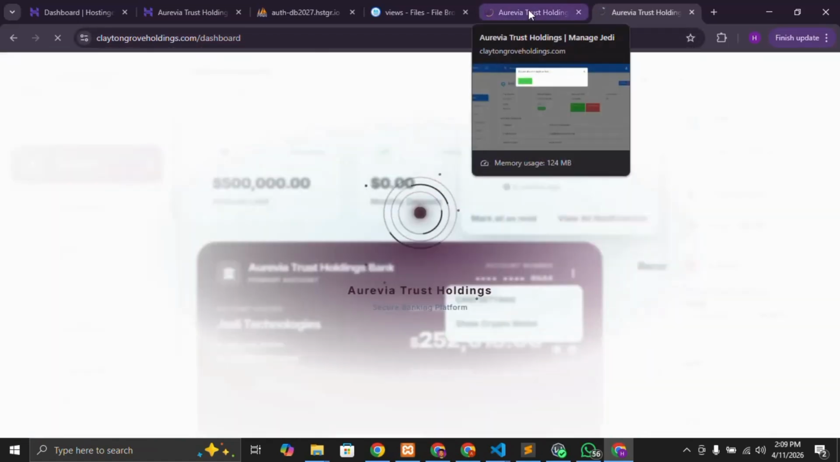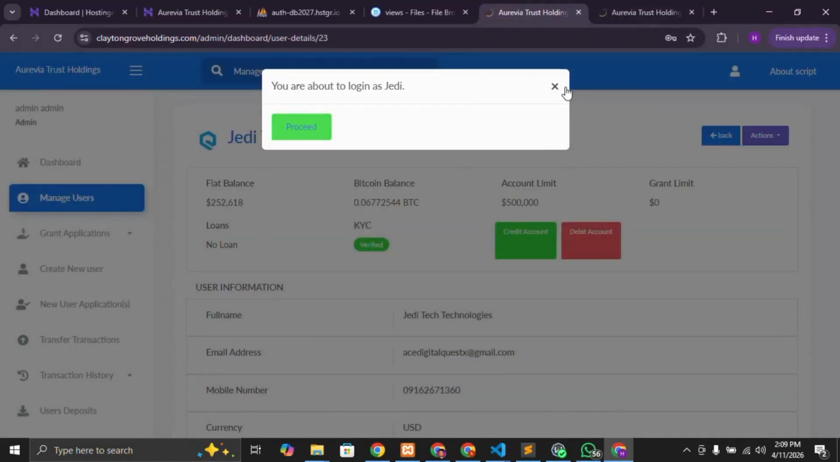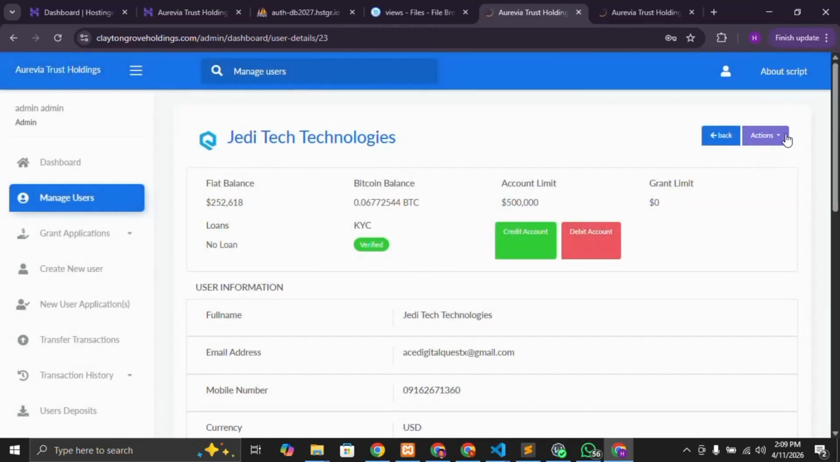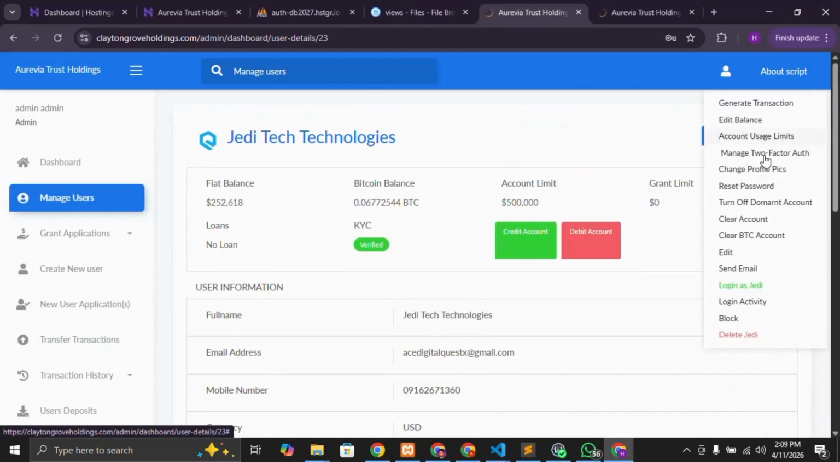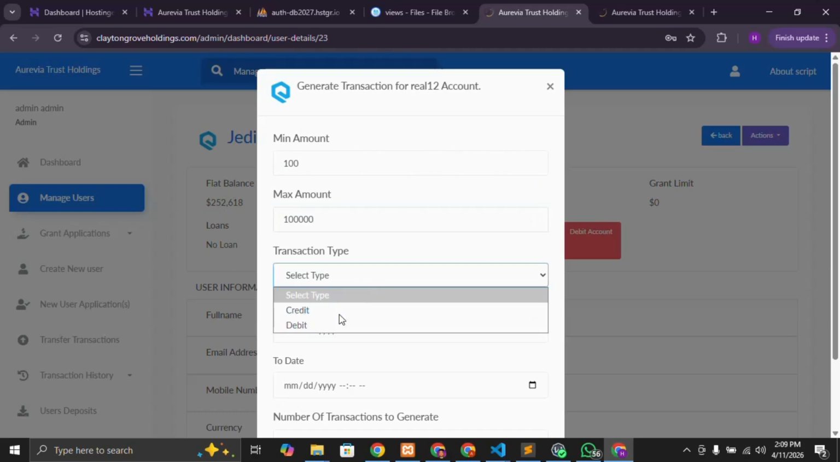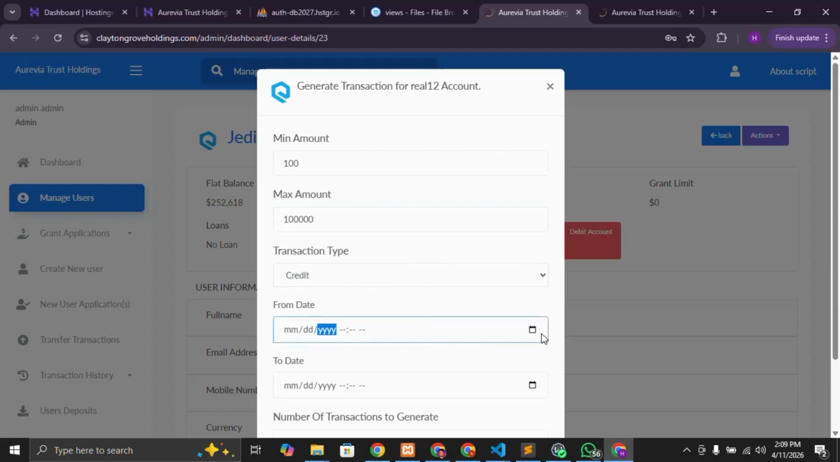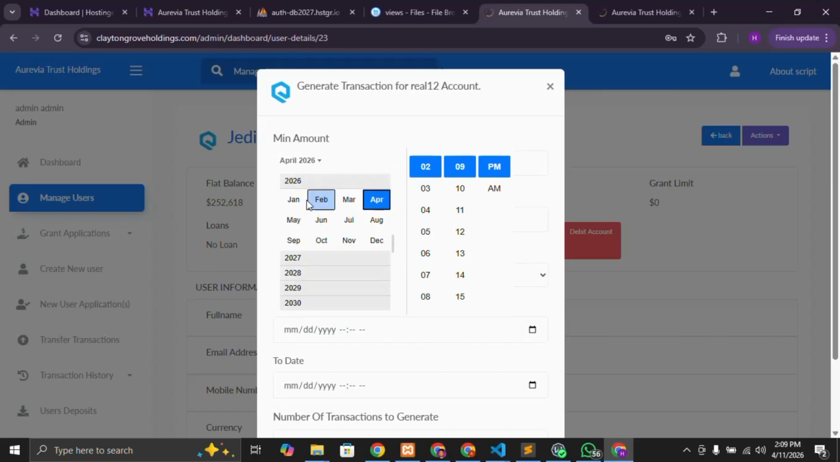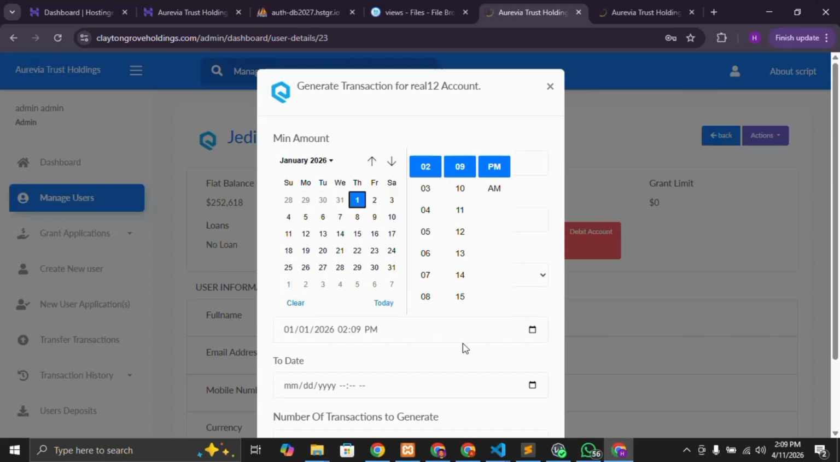Now you've seen how you can debit. Should we do the credit also, or should we just move on? Okay, let's do the general transaction for credit. That one will be between $100 and $100,000, so this one is going to be big. Our money is currently at 252,000. So let's do credit, from January 1st to